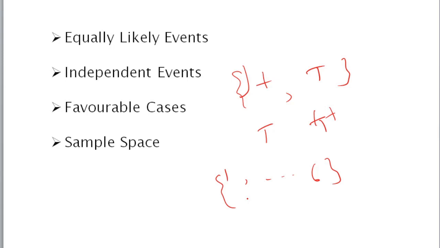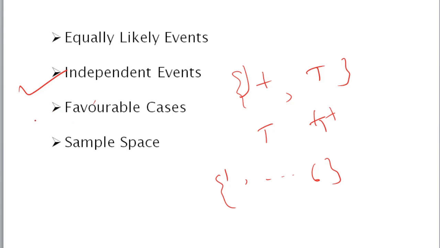Similarly, next, independent events. Suppose a die is thrown twice. When we are throwing a die twice, the occurrence of any point in the second throw is not affected by the points obtained in the first throw. These types of events are generally known as independent events. Or you can say if two or more events can occur without affecting the occurrence of each other, then they are said to be independent.